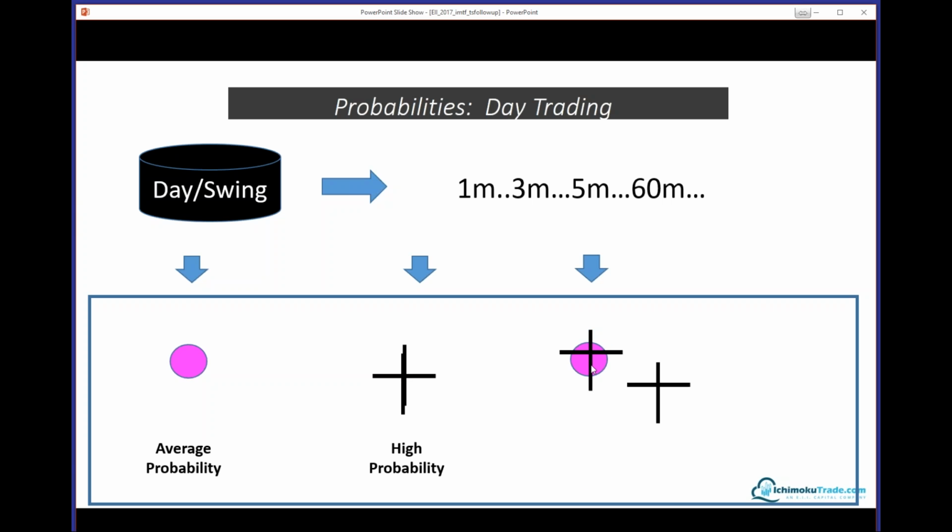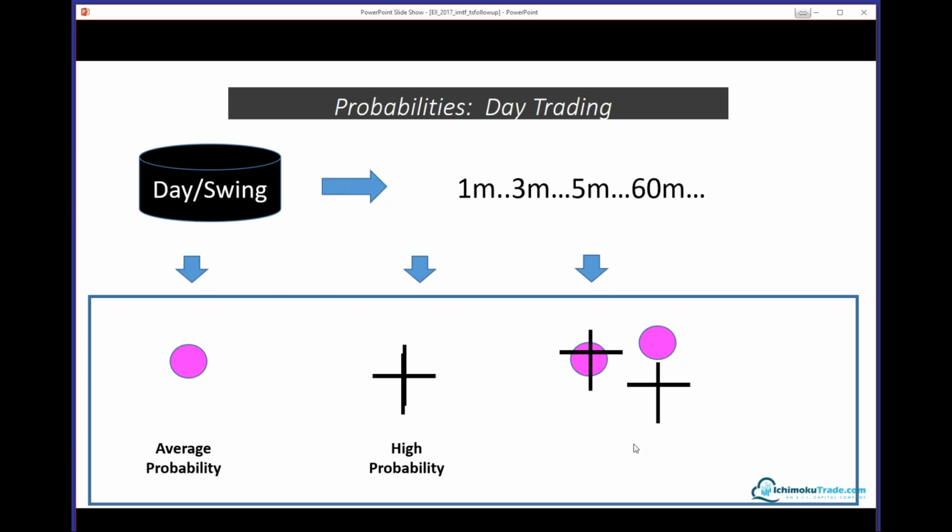Okay, the only thing that's higher than that is if you have a scenario where you have a dot and cross at the same level. It could be exactly at the same level, or it could be off by a couple of points. If you have a dot and cross on the same bar, that tells you all the day traders, swing traders, and long-term traders are thinking the same way, and that is the highest probability for a key support resistance level. Okay, so